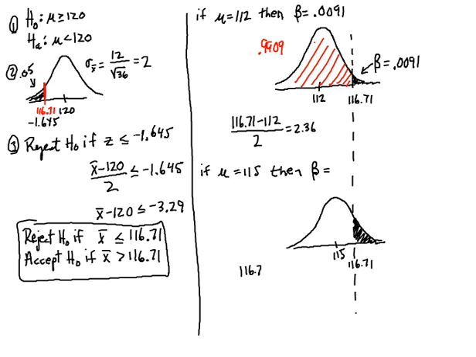The real population average is 115, and that gives me a z-value of 0.855, and I would look up the 0.86 in the table